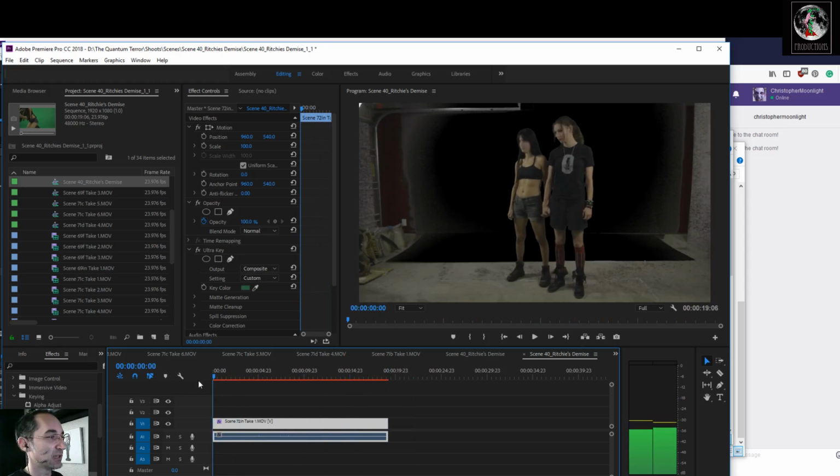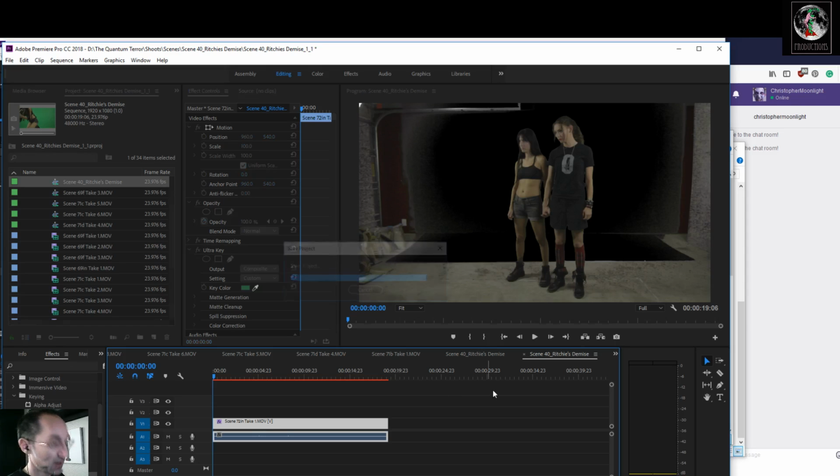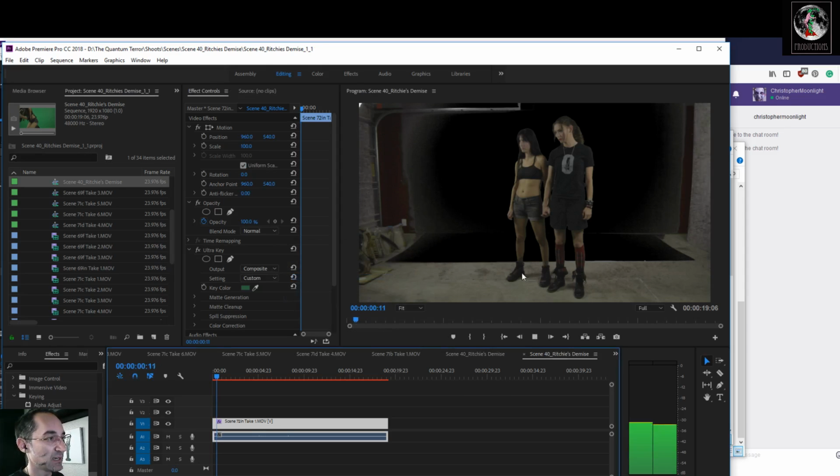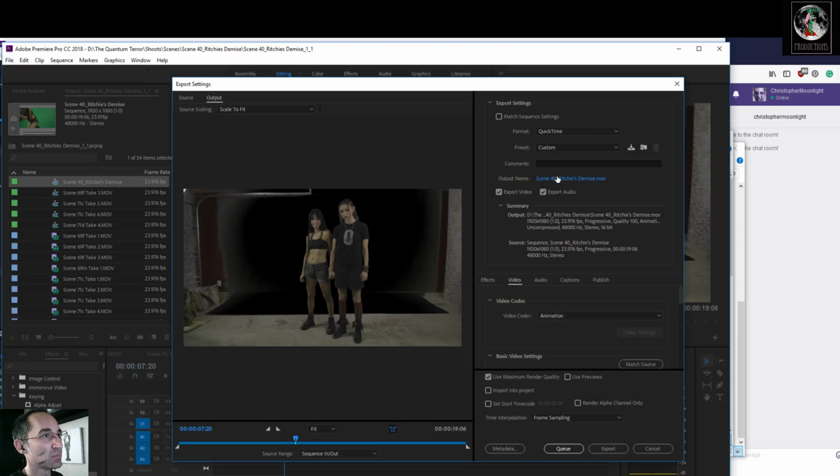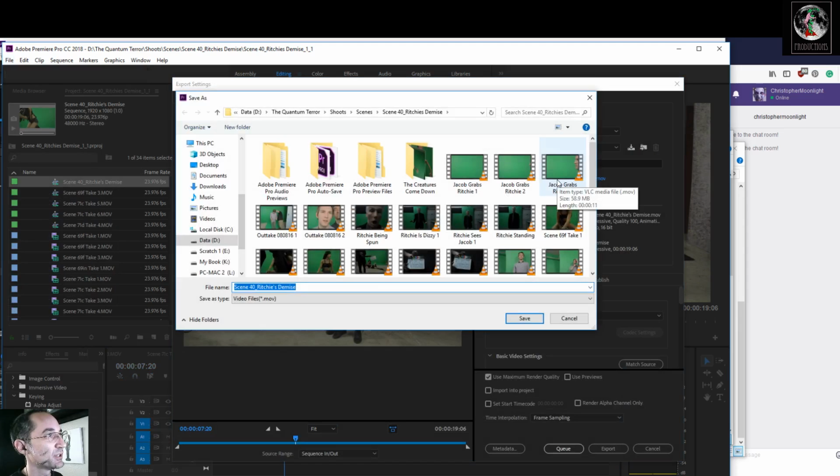This little clip, because we need a clean clip of the exact same length that we can get rid of all this noisy area. I just want the floor. All this other stuff we're gonna crop out. So again, export. Probably this is going to the same folder. Yep, okay.